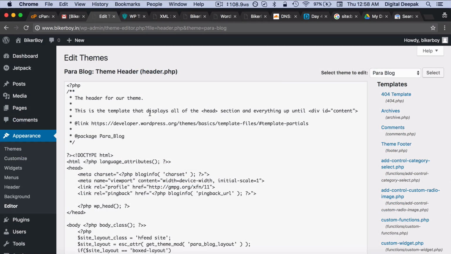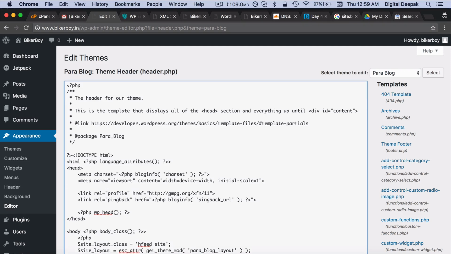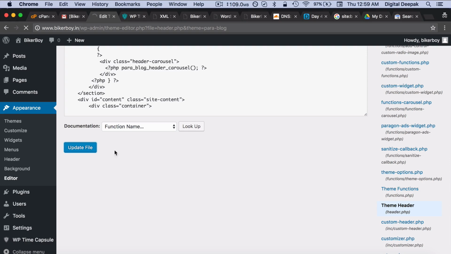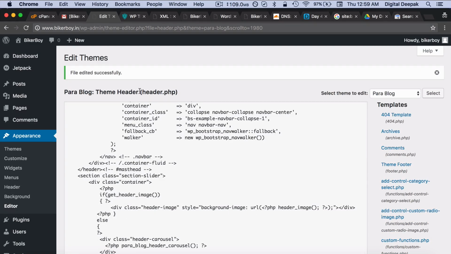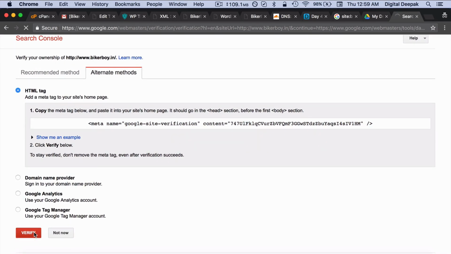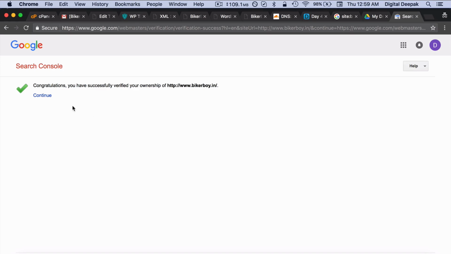So in most of the themes you will be able to go inside appearance, click on editor, and inside editor, if you can find the header.php file, inside the header.php file you will see some meta tags already added. Here you can go ahead and add this new meta tag and click on update file. If you are not comfortable doing this particular edit, you can also go ahead and upload that HTML verification file which we saw. So going back to the search console, let's see if the site has got verified now. So yes, now it has got verified because the meta tag has been placed in the header file.